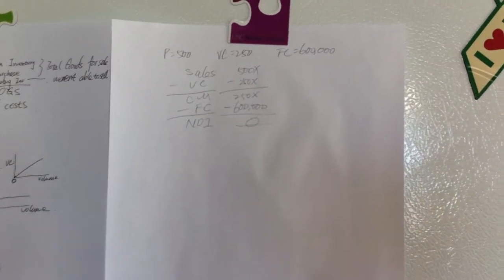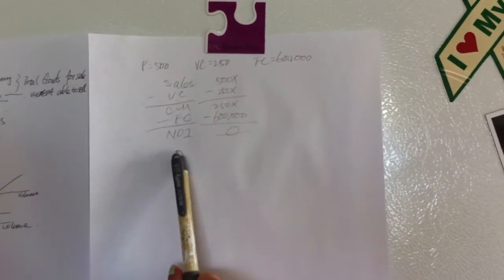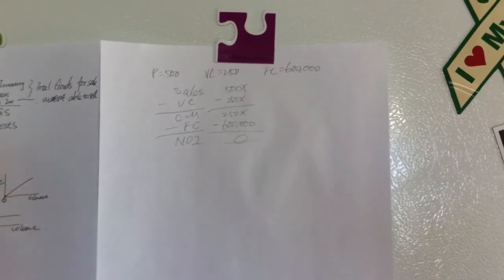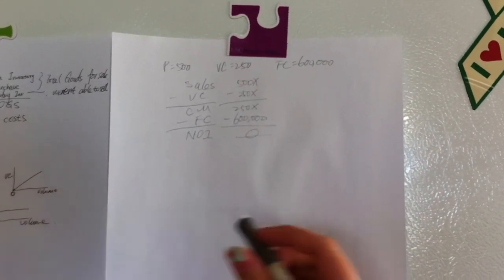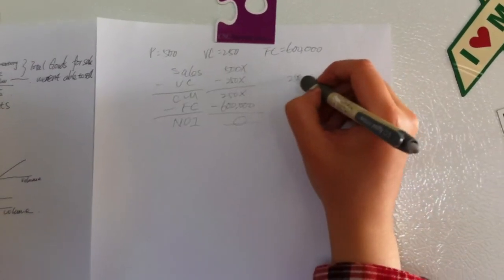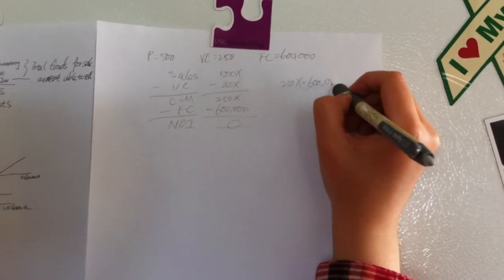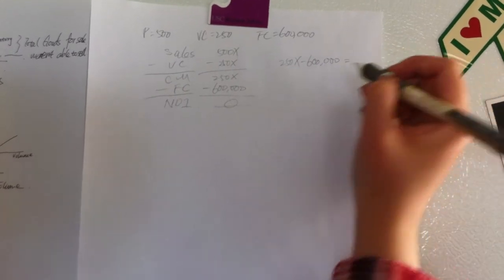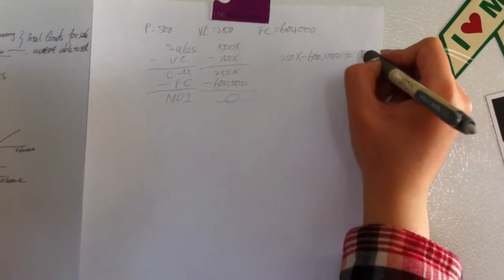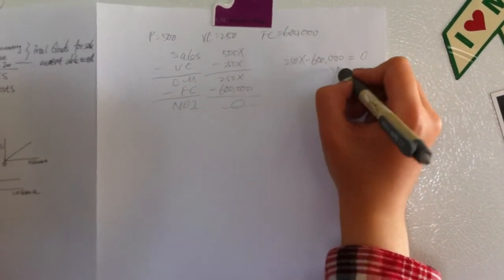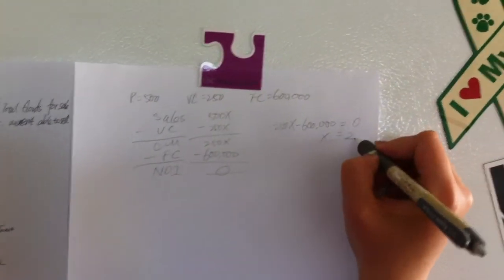Because remember, the definition of break-even point units is when the net operating income equals 0. So now we can see that 250x minus 600,000 gives you 0, which gives you x equals